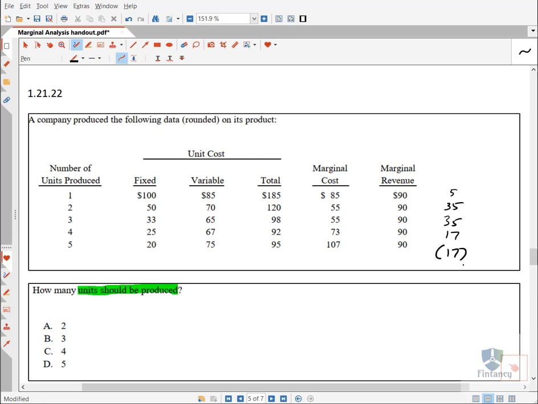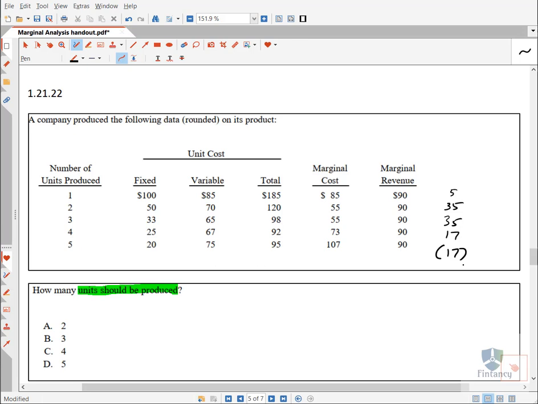Now my friends, this question, how will you solve it? You need to remember what we discussed in the previous class regarding marginal cost and marginal revenue. Basically you can go up till your marginal cost equals your marginal revenue. Getting it? This is what we discussed last time. You can go up to that level in production when your marginal cost is exactly equal to your marginal revenue, because above that you will make a loss.